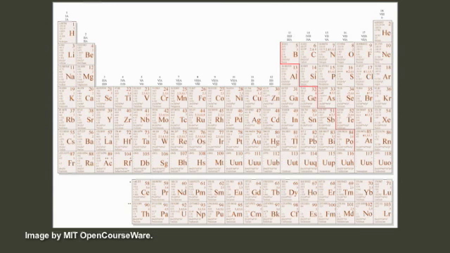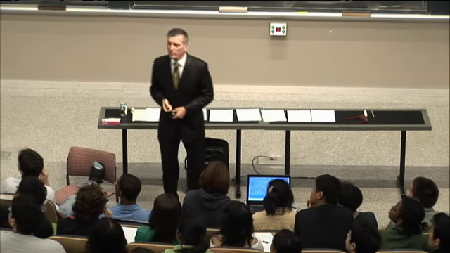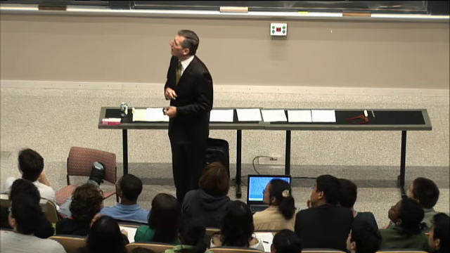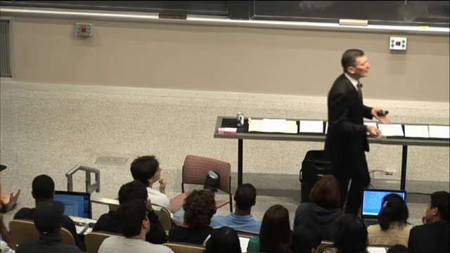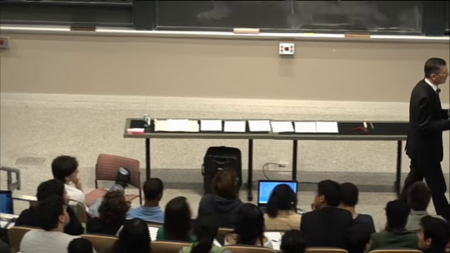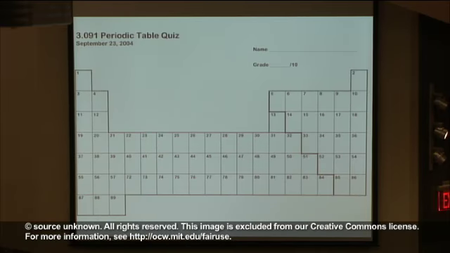But this is a lot to learn, and so we're just going to look at the main block. We're not going to ask you to memorize the lanthanides, actinides, and the super heavies. We'll leave that out. So it's quite straightforward. We've been doing this for many years. This is from 2004, and it's not that hard. I give you the blank here. I even put the numbers on for you, and all you have to do is add the 2-letter or 1-letter symbol. You don't have to give me the full name of the element. You don't have to give me its density or its electron affinity. You just got to put argon in there, Ar. That's all you got to put in there, okay?